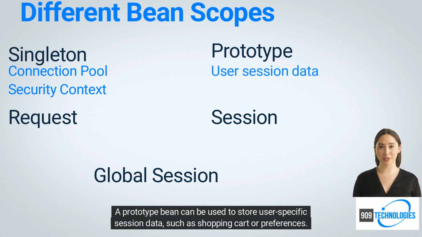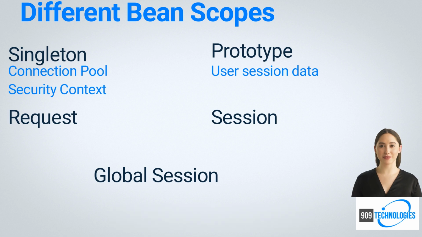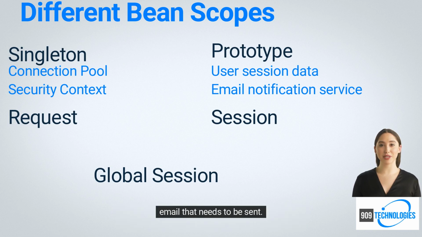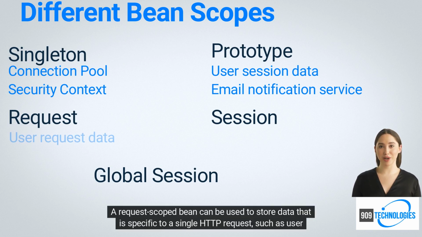A prototype bean can be used to store user-specific session data, such as shopping cart or preferences. A prototype bean can also be used to create a new instance of an email notification service for each email that needs to be sent. A request-scoped bean can be used to store data that is specific to a single HTTP request, such as user